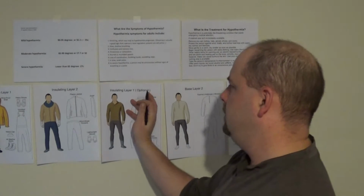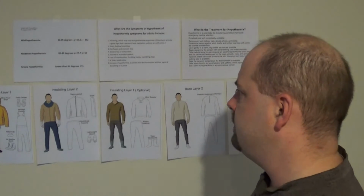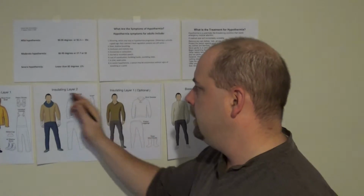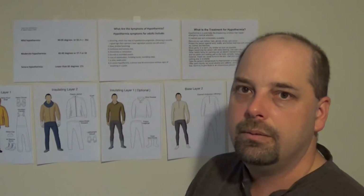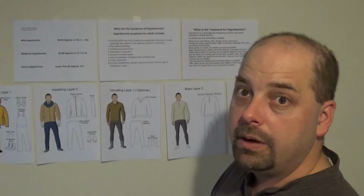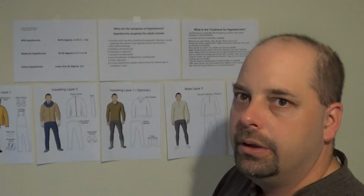The next one, which I've got as optional, is the insulating layer. Depending on the climate, where you are, where you're going, how cold it is outside, you may have your insulating layers as 2 separate layers, or you may combine it into one. Honestly, that's what I do, I combine these two together in my area. But a prime example, when I was in the Arctic, I had all 6 layers. Here, being in southern New Brunswick, on the east coast of Canada, the coldest we might get in the winter is minus 40